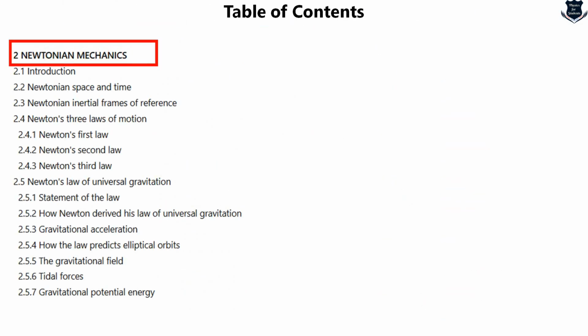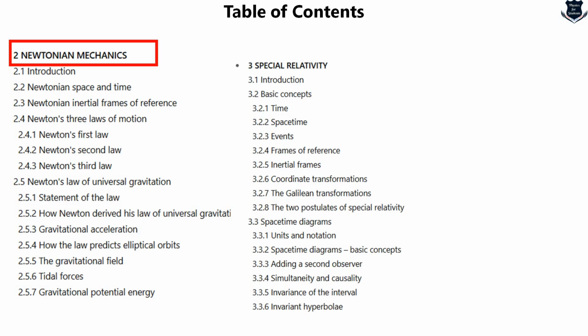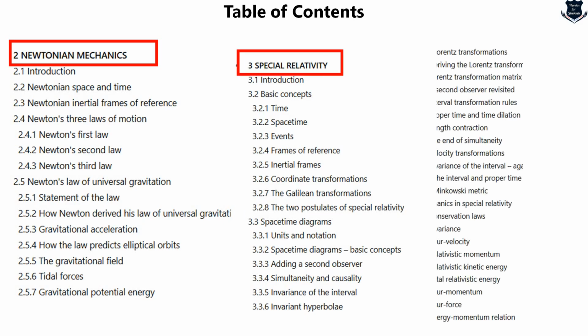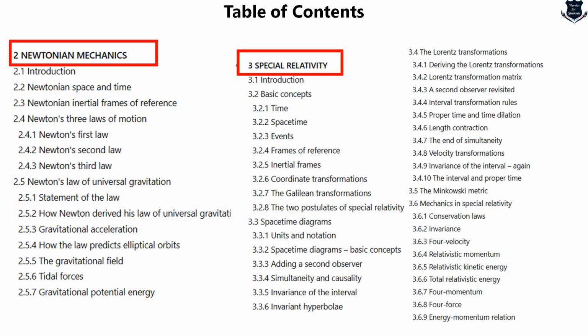Here you can see it then starts with Newtonian mechanics, very detailed, all the three laws, and then gravitational acceleration, tidal forces, etc. Then it moves to part 3, the special theory of relativity. Everything: space-time events, frames of reference, Lorentz transformation, Minkowski metric, four velocity, relativistic momentum. Well, it will take a lot of time if I go through each and every one. You can pause this video and take a note of how intensely and deeply